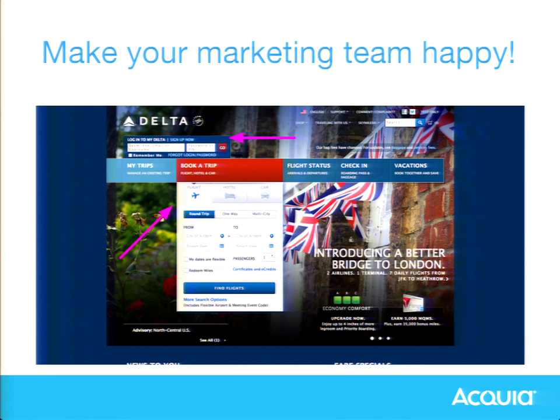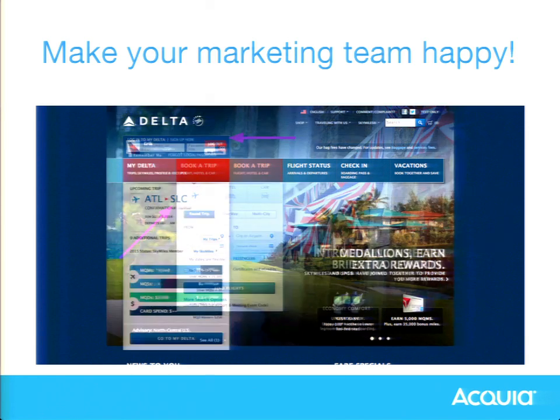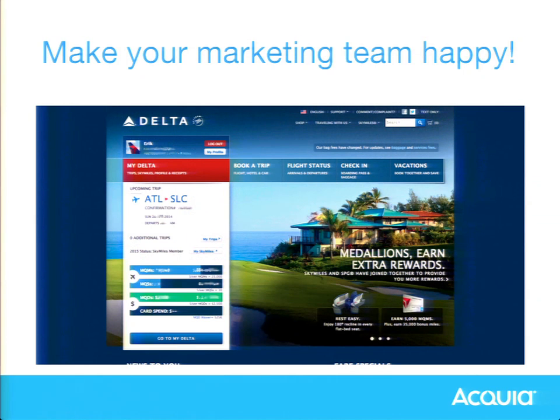As someone logs in, it now changes to what are the two most important things to that person. Now that we know who they are, it's about a quick status of who they are and also what their current travel is. So if I'm logged in, probably more often than not, I'm either checking in for a flight or looking at upcoming flights. I do that a lot more often than I book a new flight, right?